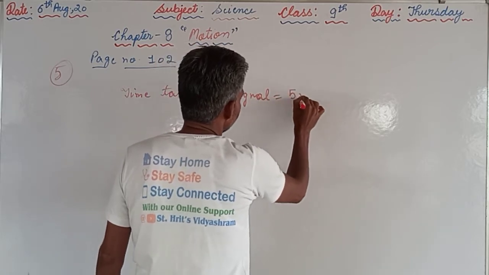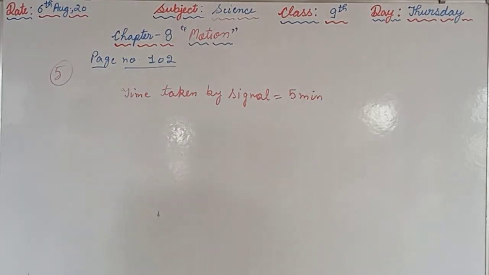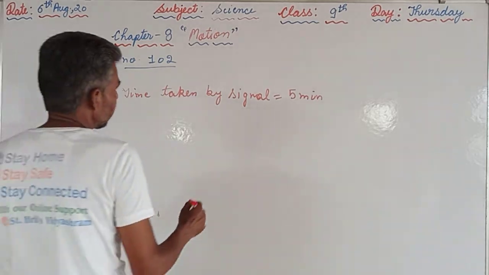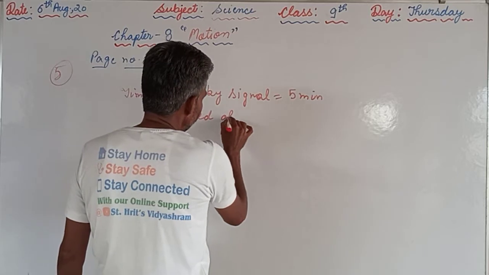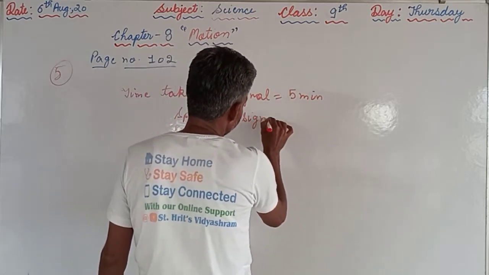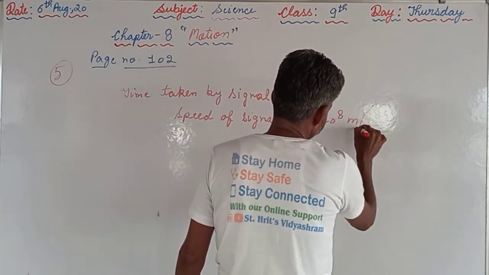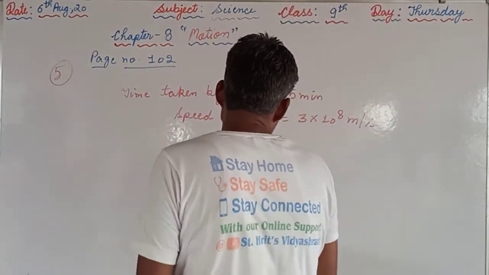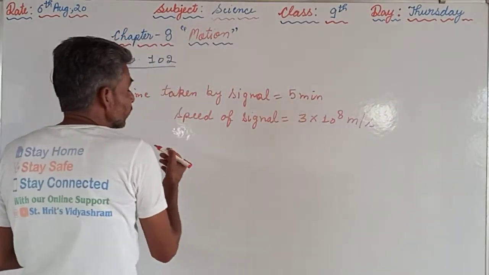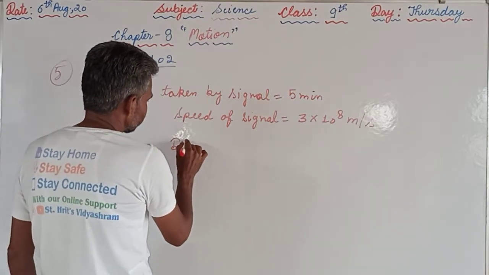The speed of the signal is also given, that speed is equal to 3 into 10 raised to power 8 meter per second, and that is the speed of light. We are supposed to find the distance between the ground and the spaceship. So distance